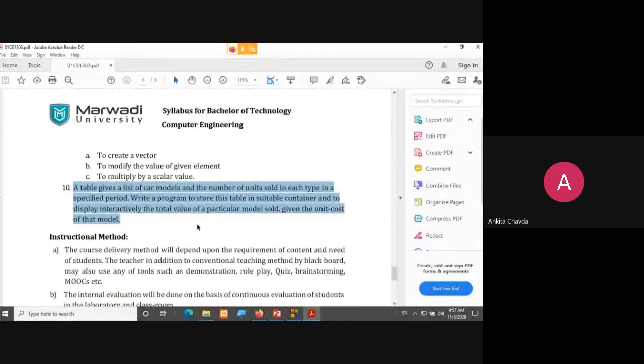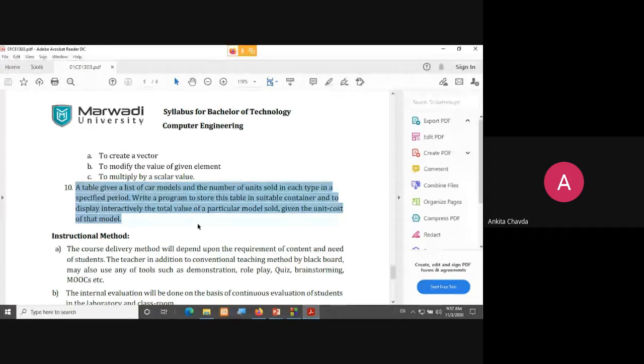Now write a program to store this table in a suitable container and to display interactively the total value of a particular model sold, given the unit cost of the model. So for that, what we need to do is,